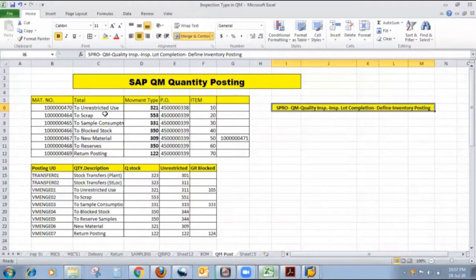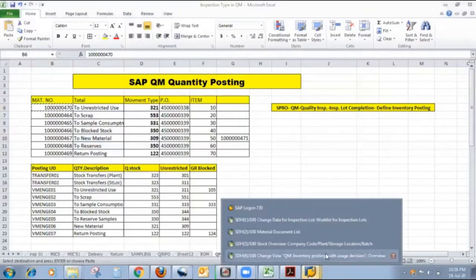Where I want to post the quality inspection lot and I want to put quantity in those different places. So friends, there are some prerequisites. The first prerequisite is that I want to maintain the quality management view for that particular material.